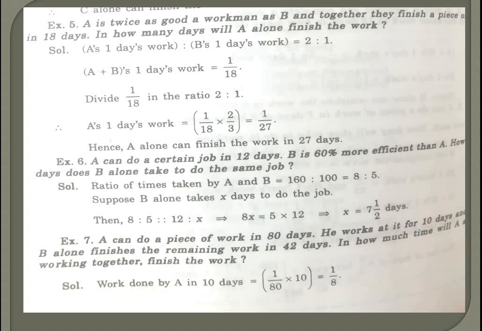Next, A can do a piece of work in 80 days. He works at it for 10 days and B alone finishes the remaining work in 42 days. That is, A can finish the work in 80 days they have given. That is, A's 1 day work is 1 by 80. But he worked only for 10 days. And after the 10th day, B alone finishes the remaining work in 42 days. So they have shared their work. So I have to find what amount of work is done by A in those 10 days. So work done by A in 10 days is 1 by 80 into 10,